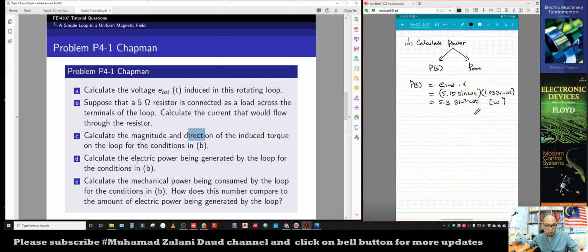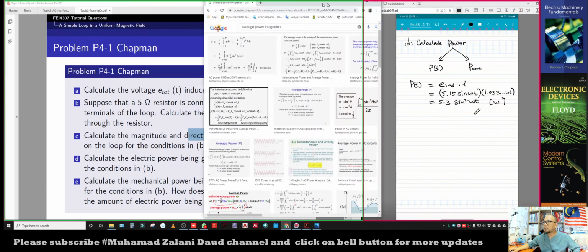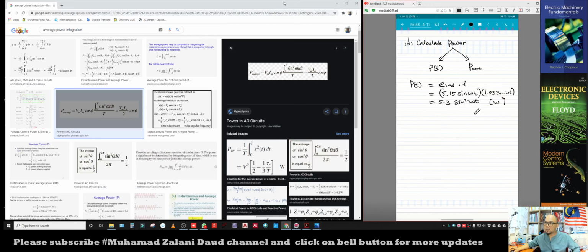Okay, so how to calculate average power? Basically, you can always check on Google about the average power. The average power is determined as P average, which is Vm peak voltage, Im peak current, cosine phi,